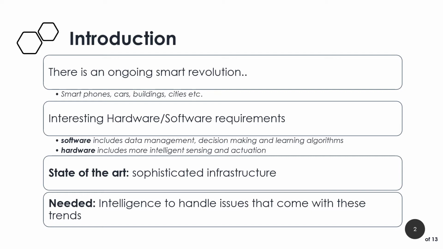So the state of the art means we have more sophisticated infrastructure, and this kind of sophisticated infrastructure means that cyber-physical systems are more fragile, so they are prone to faults and failure. And then we need intelligent ways to handle these kinds of issues that come with the trends of cyber-physical